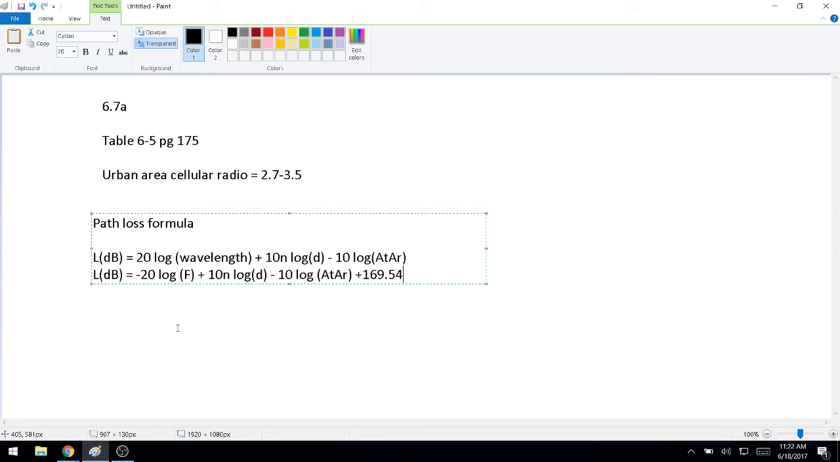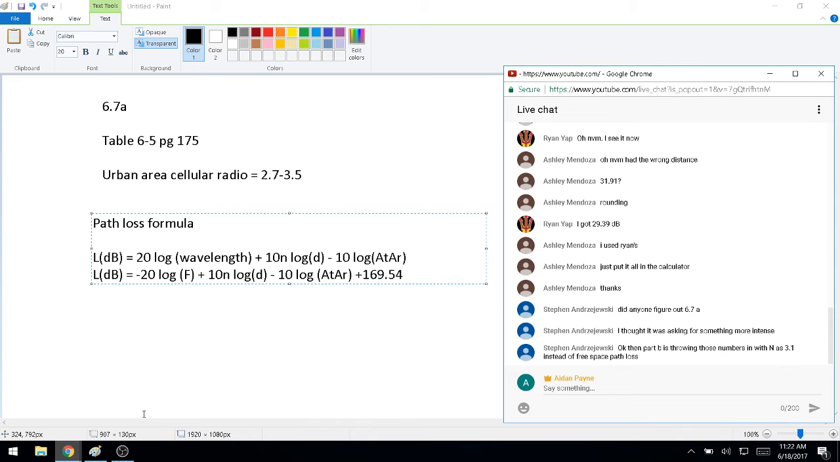Those are the two variations based on whether you want to use the wavelength or your frequency in your calculation. Either one works, you just have to use a different formula. And so when we plug in these numbers,